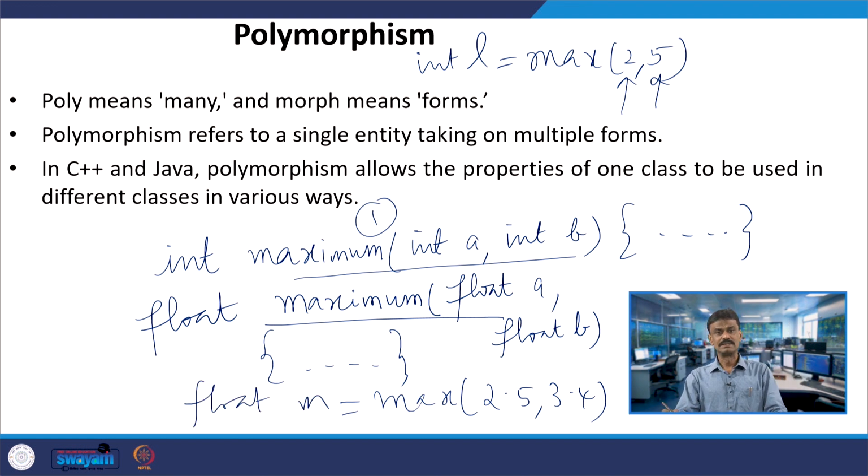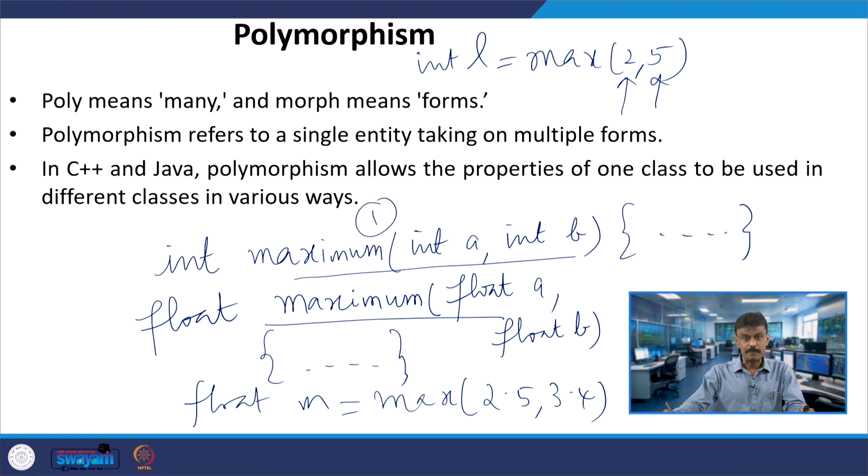So, from this example, the entities can take multiple forms. Here it is a member function, a single entity, meaning they have the same name. The same name is taking multiple forms. One finds the maximum of 2 integers, or you might have a maximum of 2 characters, where based on the ASCII value something will be printed. So, which one will be called? You call it polymorphism. This is the case in, let us say, a procedural oriented language.